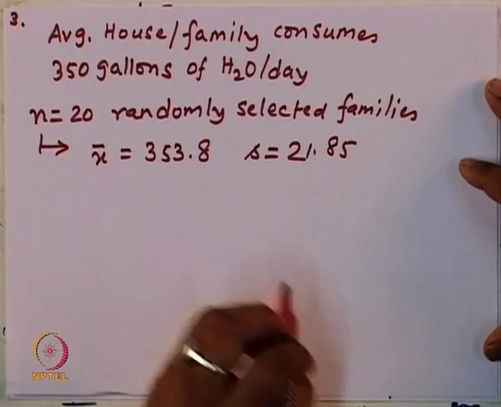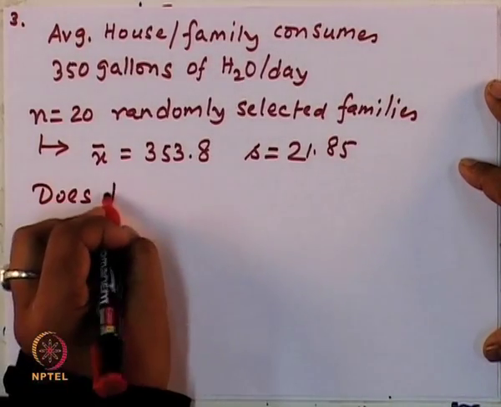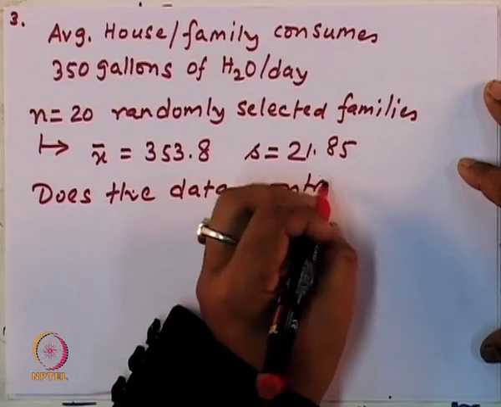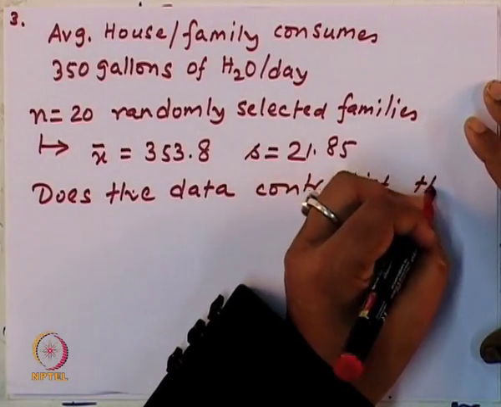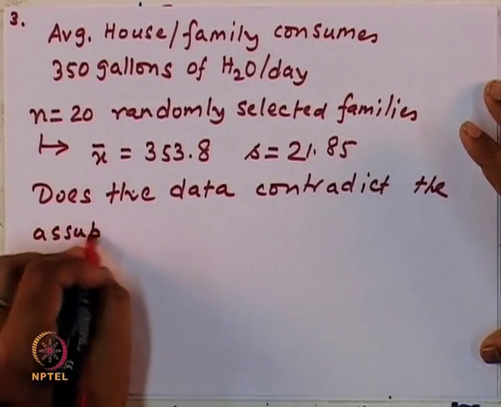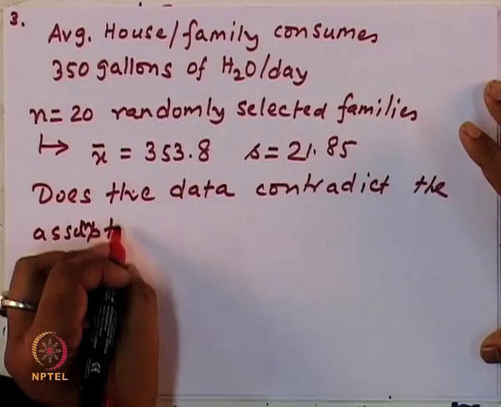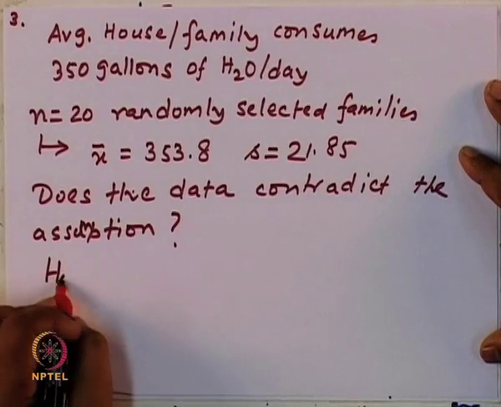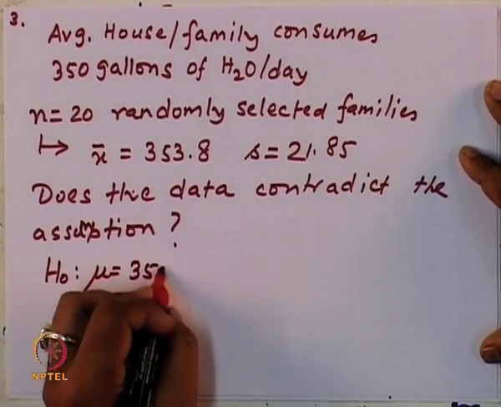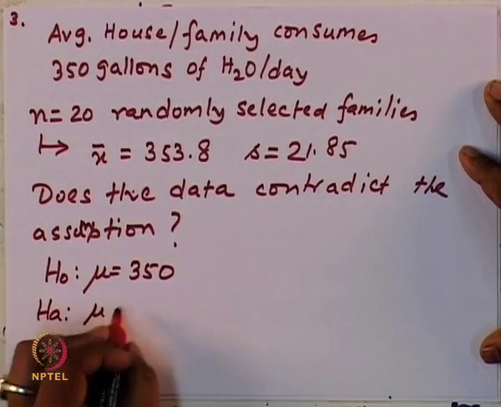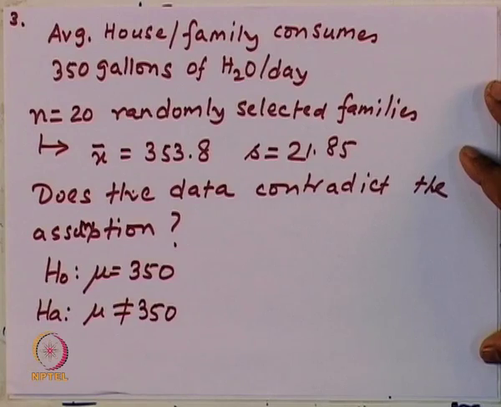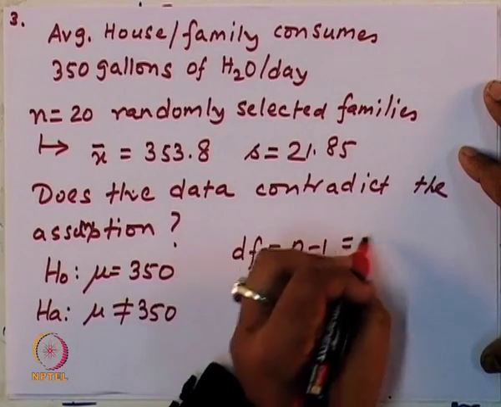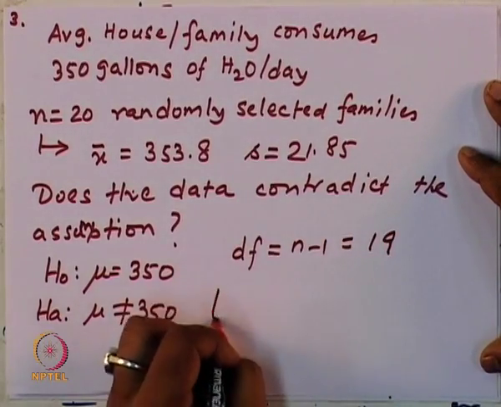So, the question is, does the data contradict the assumption? So, you have your H naught is mu equal to 350, your H A is mu not equal to 350. So, I can calculate my degrees of freedom, df equal to n minus 1, which is 19, and the value of t